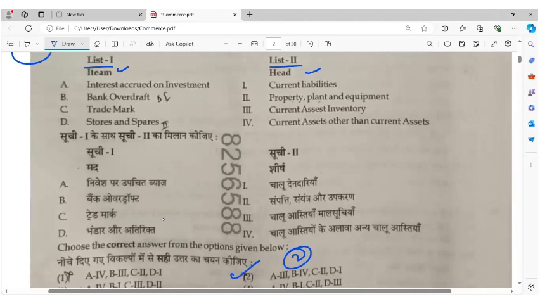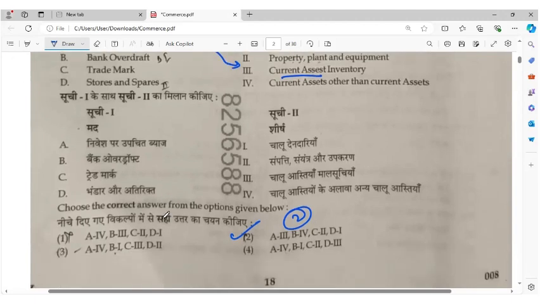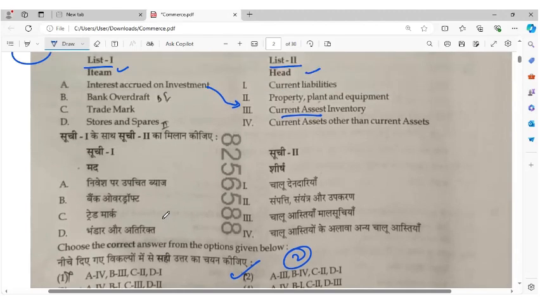That is interest accrued on investment. It is related to the current asset and inventory. Okay, and the next, bank overdraft, is related to, no, here option number C is correct. Bank overdraft is related to your current liability. Okay, current liability. And after that, trademark is related to,